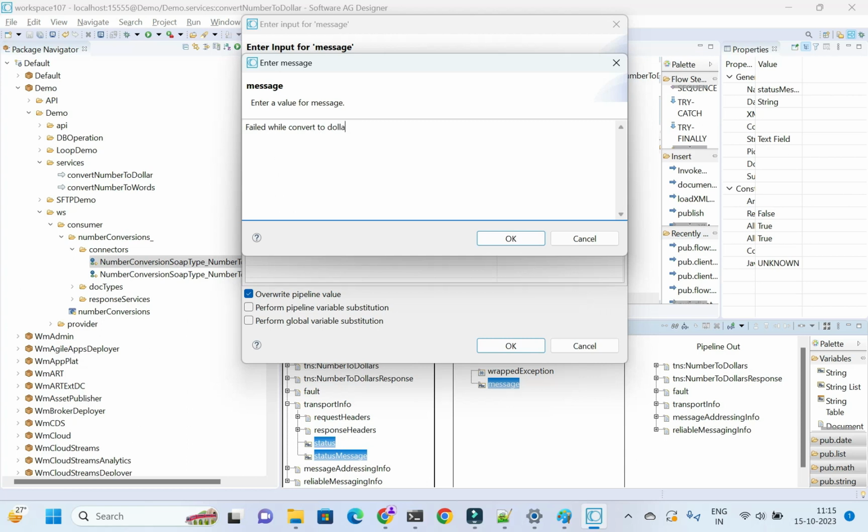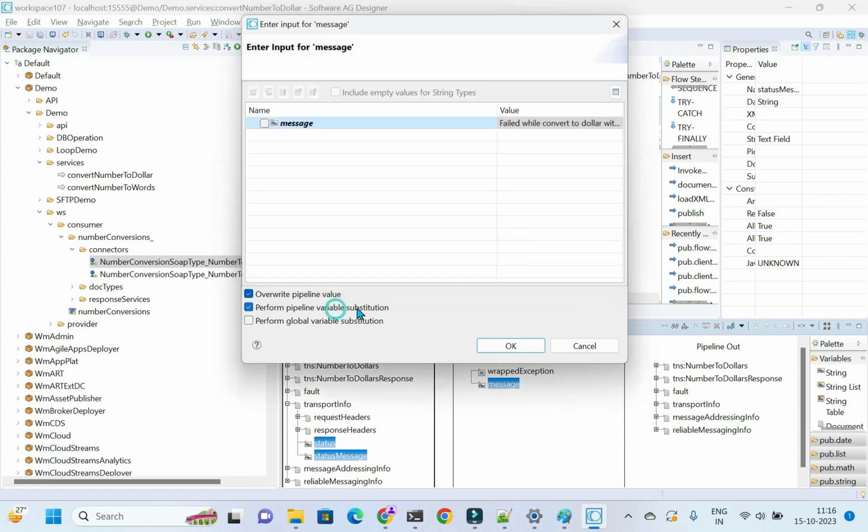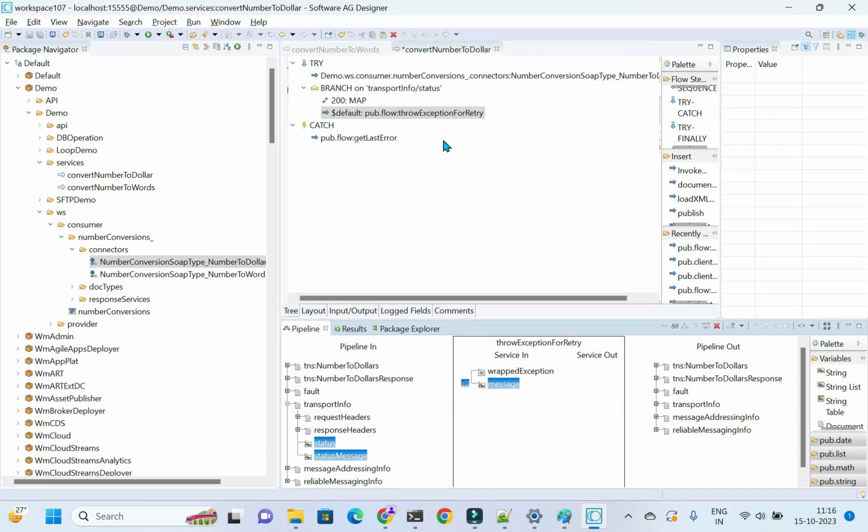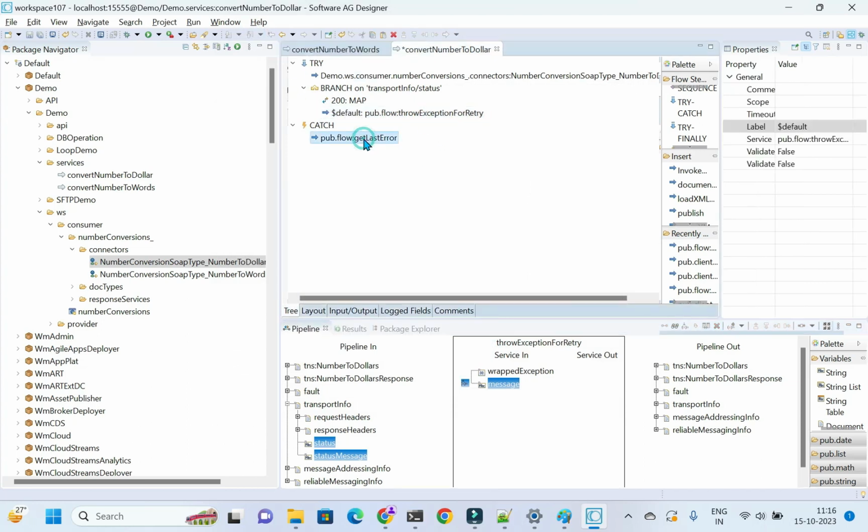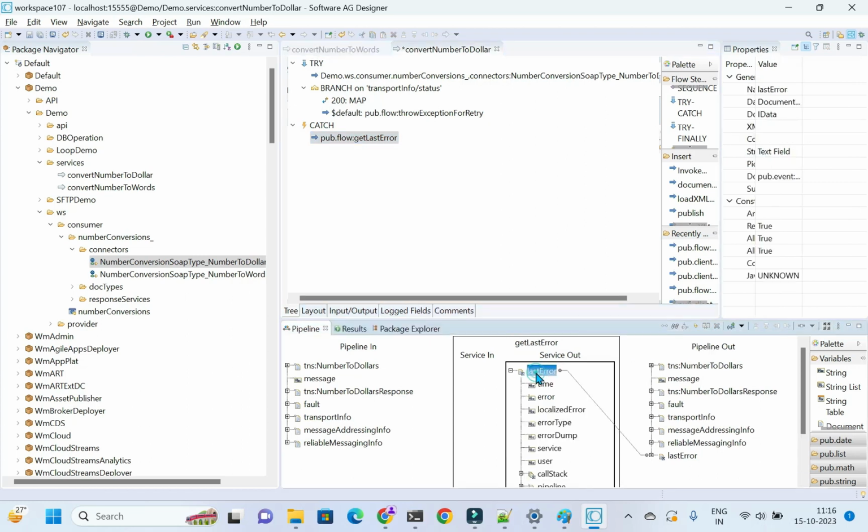while convert to dollar with error code percentage. And error message, again percentage. Okay, fine. So it should come to here in the get last error